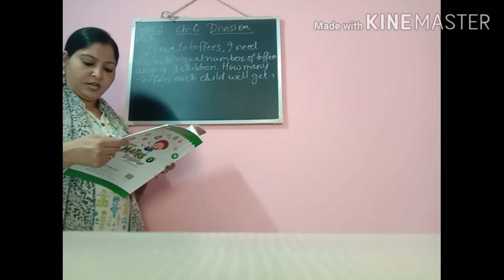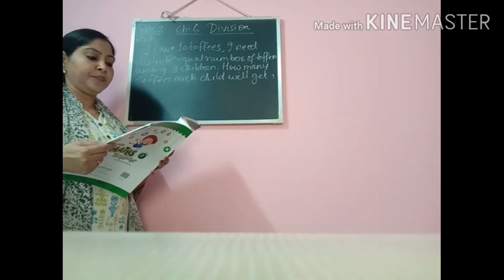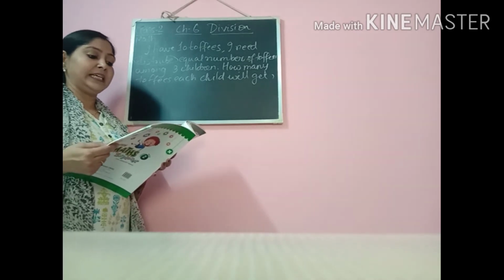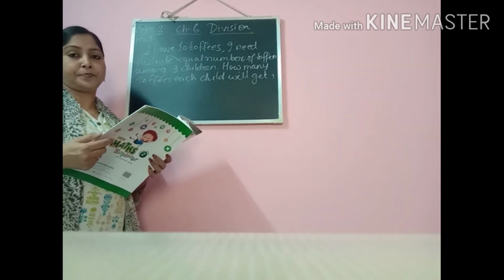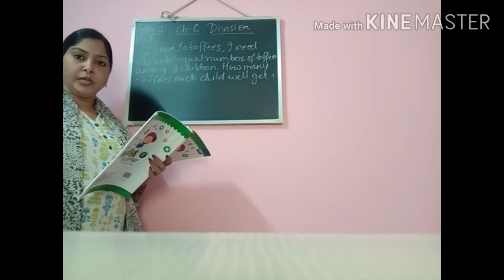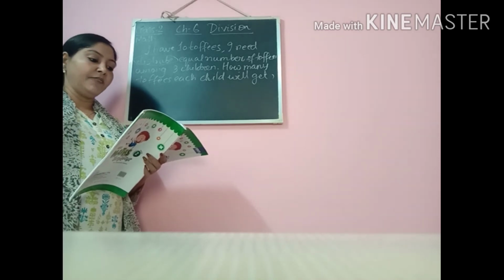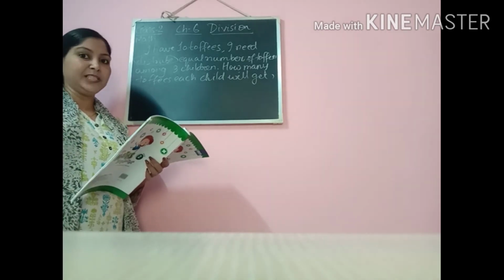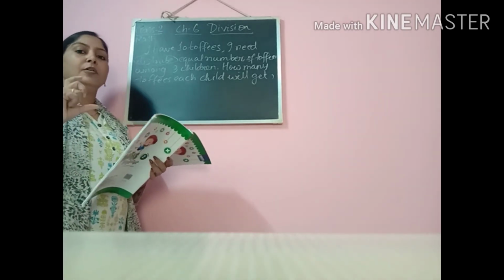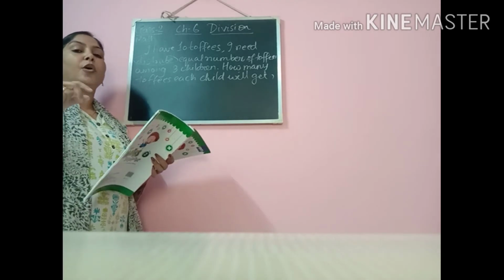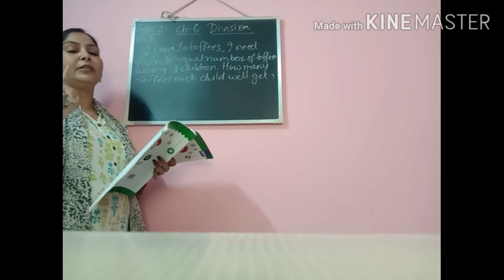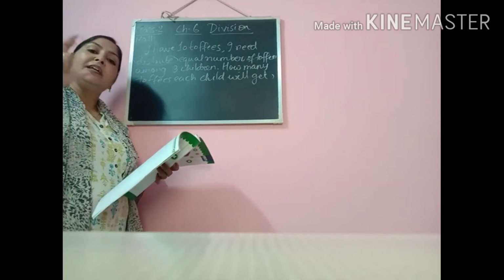Like here in your book, page number 99. How many baskets will contain 81 apples if each basket contains 9 apples? So the value for many is given to you and you have to find out the value for 1. Each means 1. Whenever the value of many is given and you have to find out for 1, then you have to think that this question is based on division.